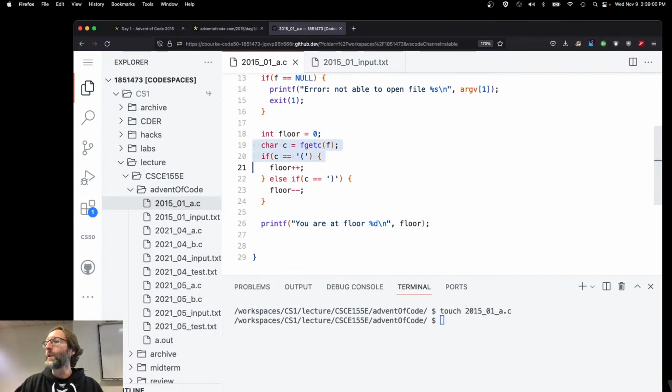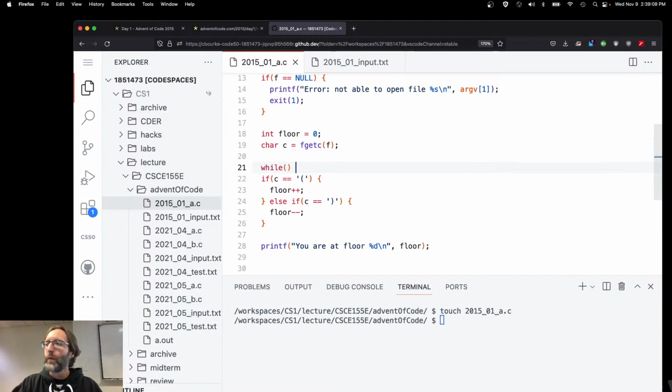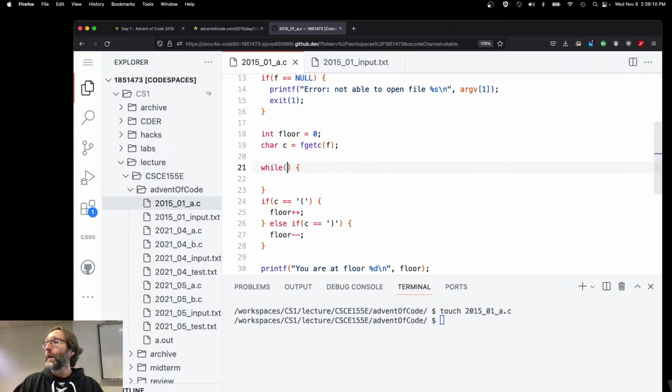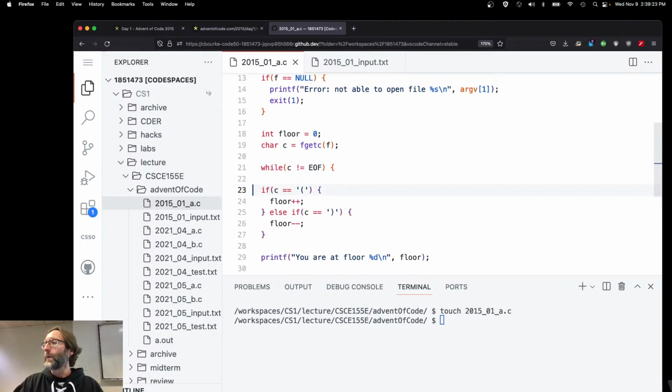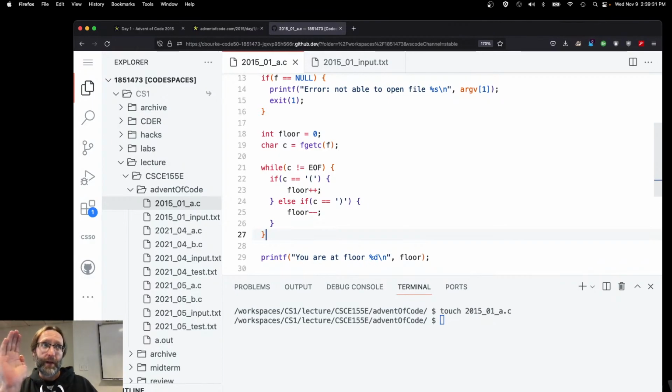So I'm going to take all of this and put it into a loop. How do I know when I'm done? While the character is not equal to the, now if it's fgetc, we're talking about characters, and there's a special character that indicates an end of file, EOF. Good. There we go. Indent everything. So while you've not reached the end of the file, determine if it's a left parenthesis or right parenthesis,